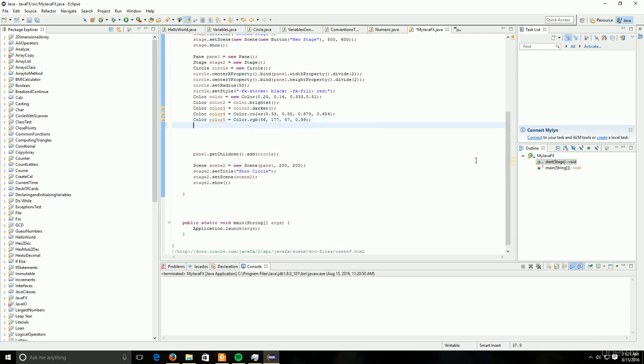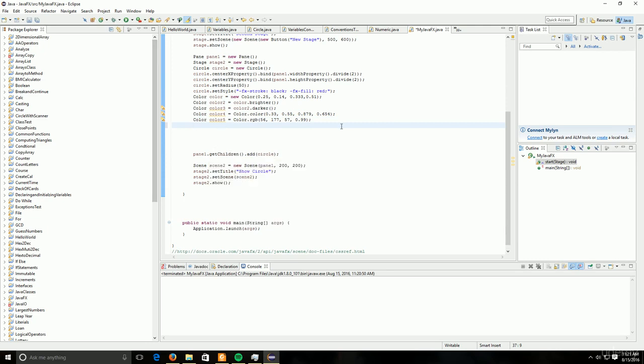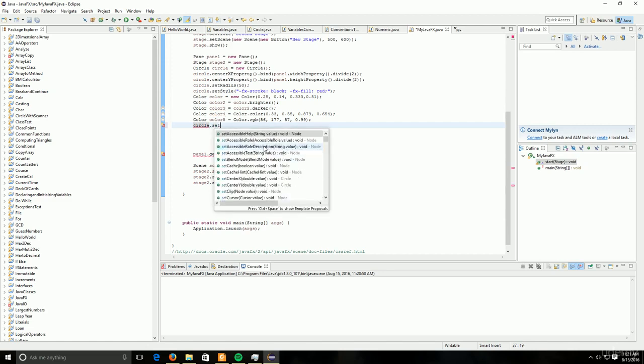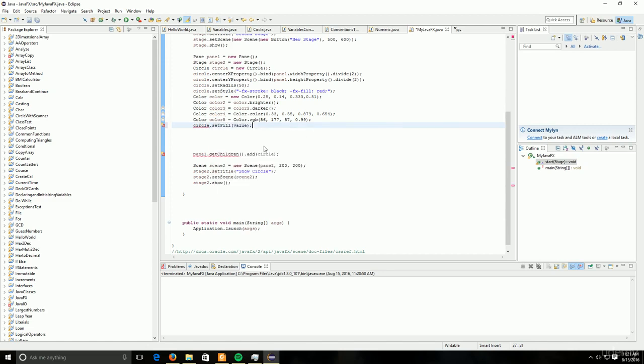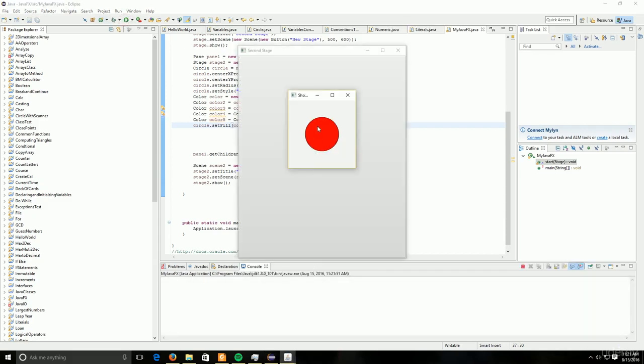Now we're going to make use of all of these color objects we've created, and let's say we want to change the fill of our circle to one of these color objects. All we'd have to do is say circle, our circle object of course, dot set fill, and then we provide our color object that we're working with. In our case, let's say we want to work with color 5. And now if we run our program, you can see that we're going to get a